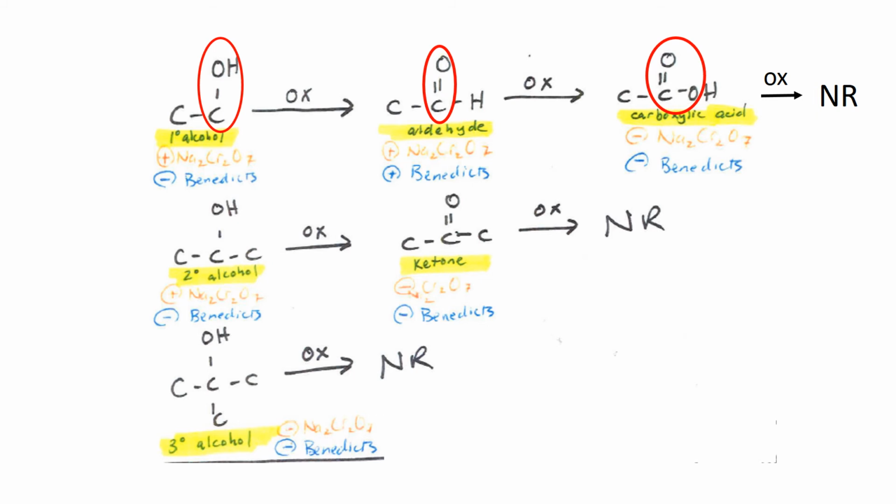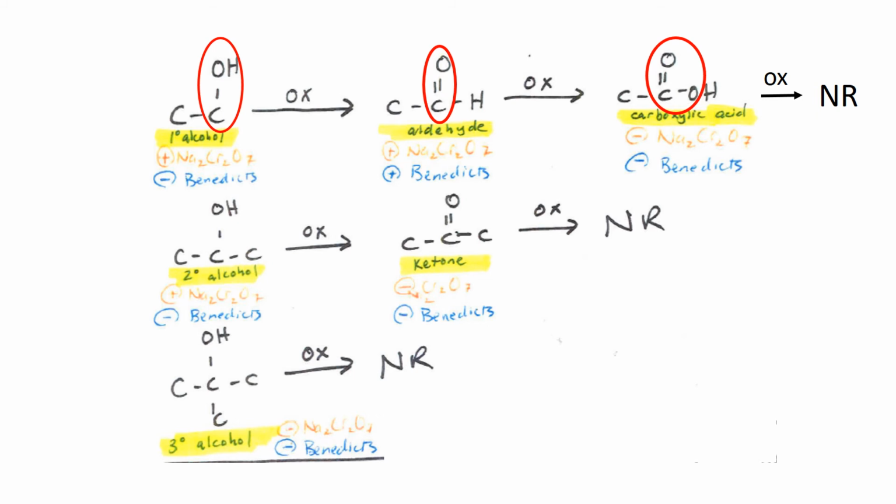We'll ask ourselves, could that compound keep going? Could that get oxidized? That answer is no. The carbon inside the red circle is using up all 4 of its bonds to oxygen or carbon. There are no bonds to hydrogen we could kick off. I do need to draw in a hydrogen on that other oxygen. Oxygen does need to have 2 bonds. So the top oxygen is using both of its bonds to carbon. The oxygen off to the right is using 1 bond to carbon, so the other would be to an H.